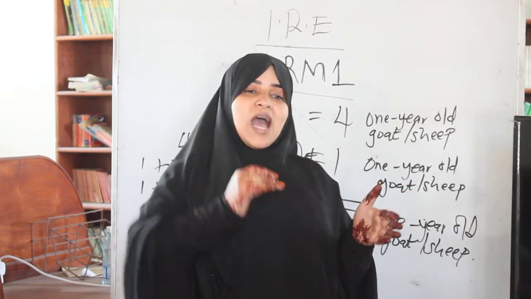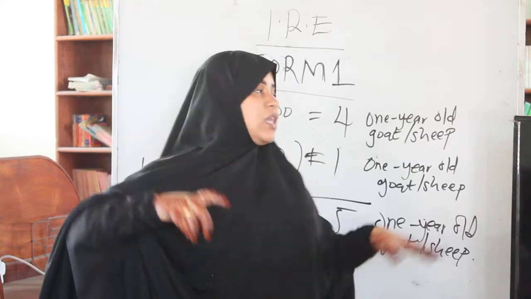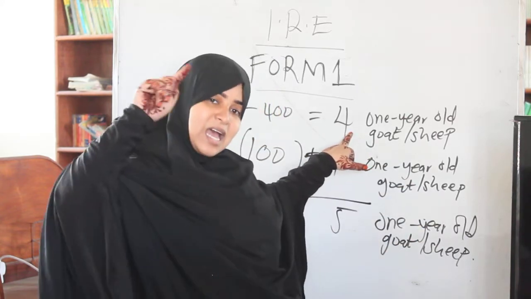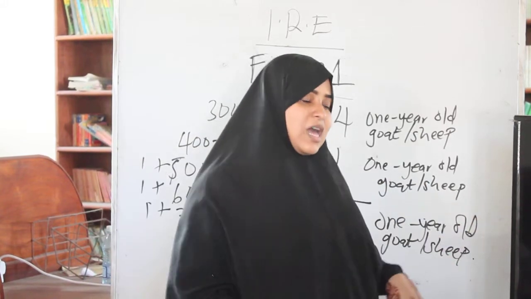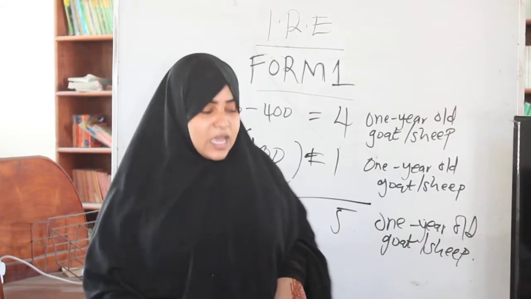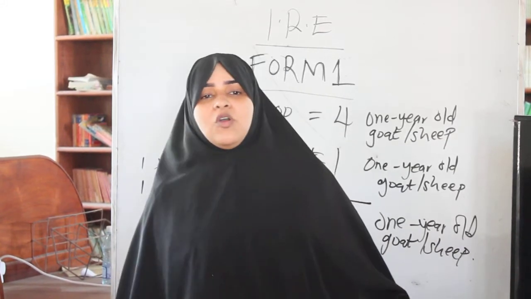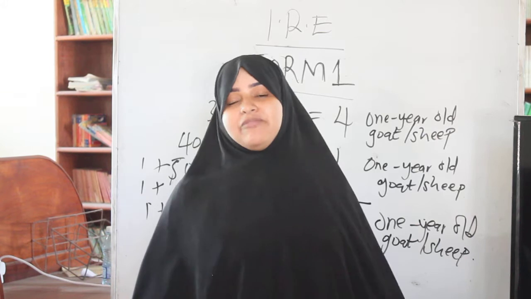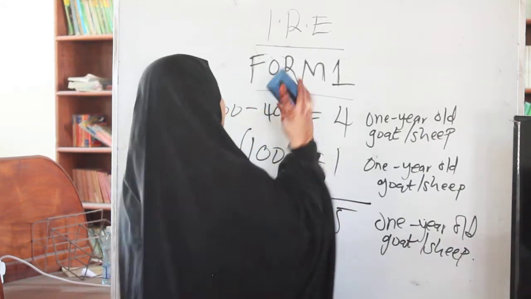But if you have 100 more, so you'll add 400 plus the 100 more, then it's 4 plus 100, an extra 1 year old for every 100 more than or above 400, either sheep or more. So what about the cows and the buffaloes? For the cows and the buffaloes, we say